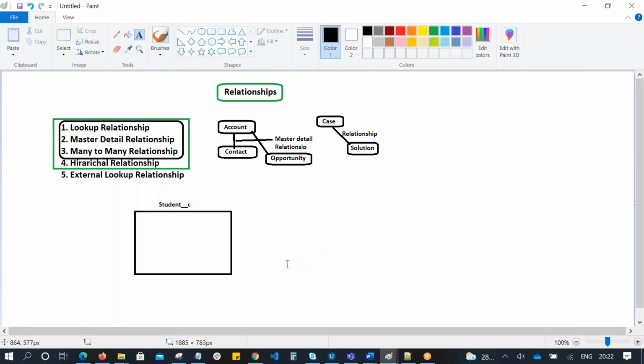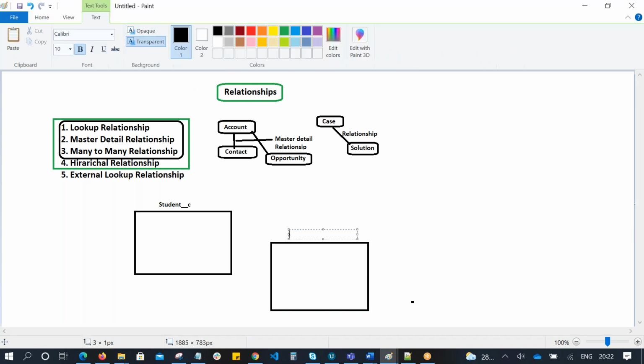Okay, and we need to maintain course information as well. We have a course object. So we have a student object and a course object.